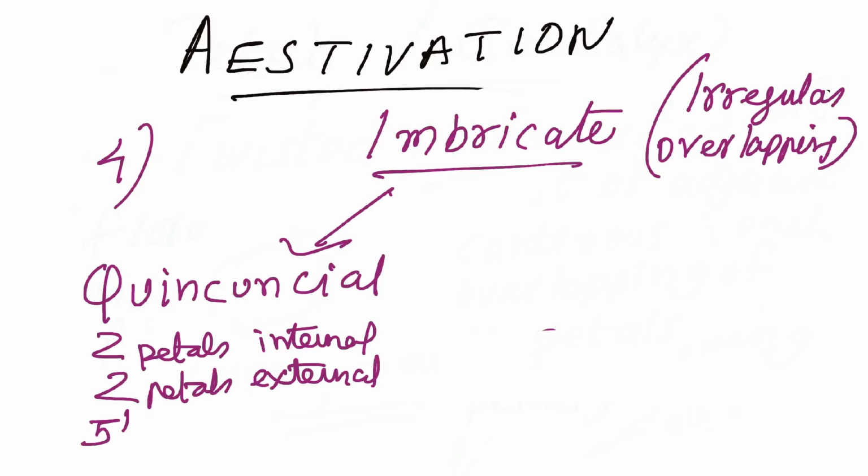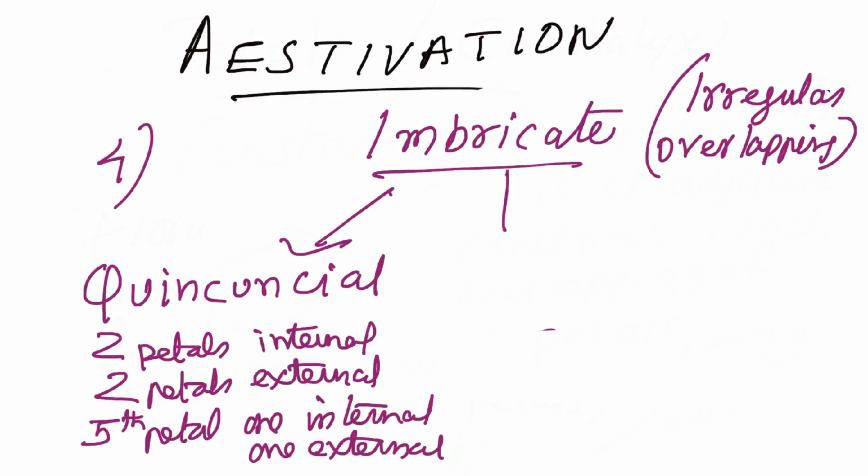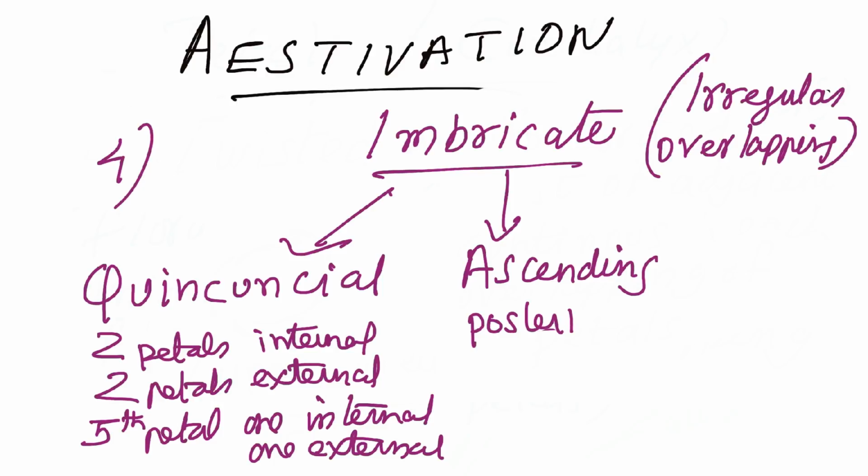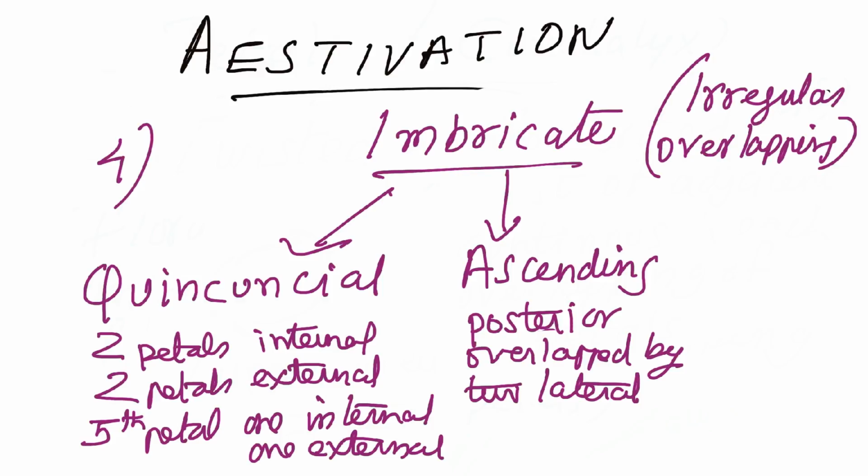are internally overlap, two petals externally overlap, and the fifth petal, one margin of the fifth petal is internal, and the other one is external. So note that point. As far as this first case is concerned, note the importance of how the fifth petal is getting overlapped. The imbricate, the second case is ascending, which basically means that the posterior petals are overlapped by two lateral